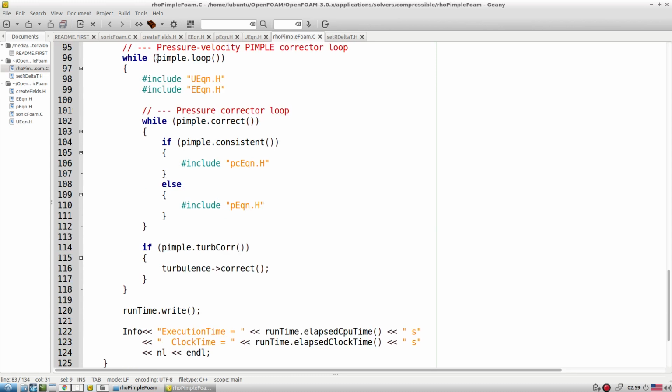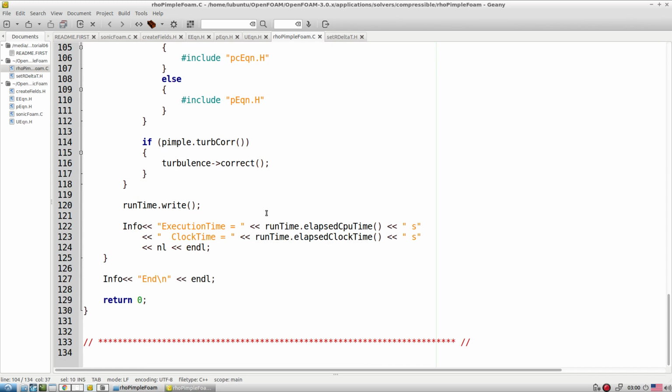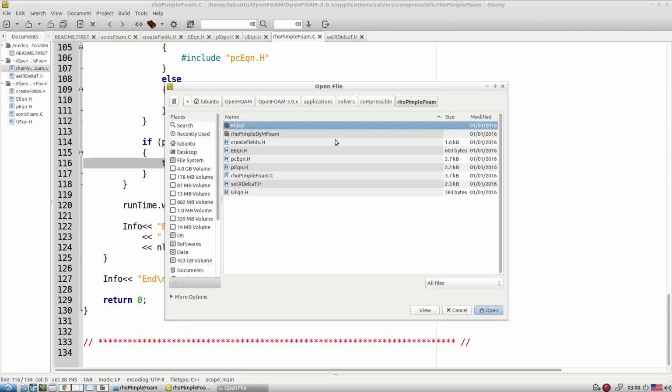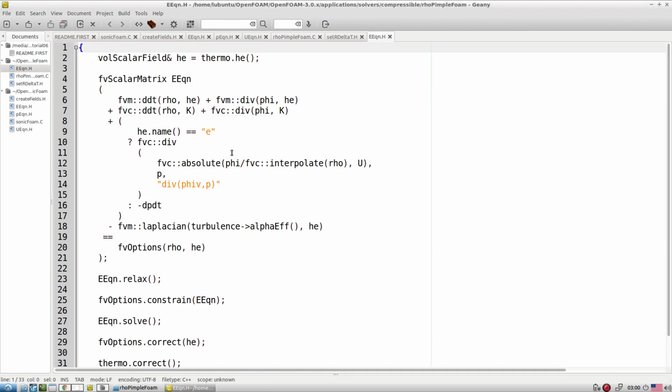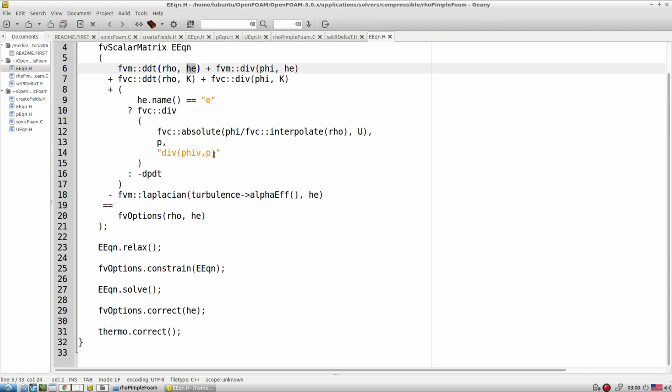Here again the energy equation is within the PIMPLE loop. Whether you want PIMPLE consistent, SIMPLE, or PIMPLE loop, based on that you have different corrections here. Then this is about the turbulence corrector: depending on which turbulence model you are using, it solves the turbulence model from this. Just look at the energy equation very quickly. You have a choice: either go for internal energy based or enthalpy based. That's why you have h and e this way. That is the difference here.